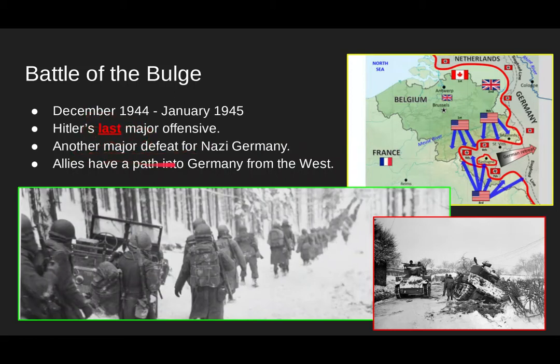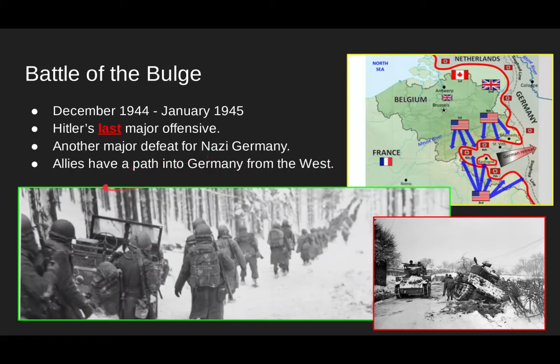It's going to be another major defeat for the Germans, one in just another series of defeats, going all the way back to the Battle of Stalingrad, going all the way back to D-Day, and now the Battle of the Bulge. At this point, it is no longer a question of will Germany be defeated. It is now a question of when will Germany be defeated. It's pretty much a conclusion now that the war is over, that the Americans, the British, the Russians, the Soviets are going to win. It's just a matter of how many more days and months is that going to take,